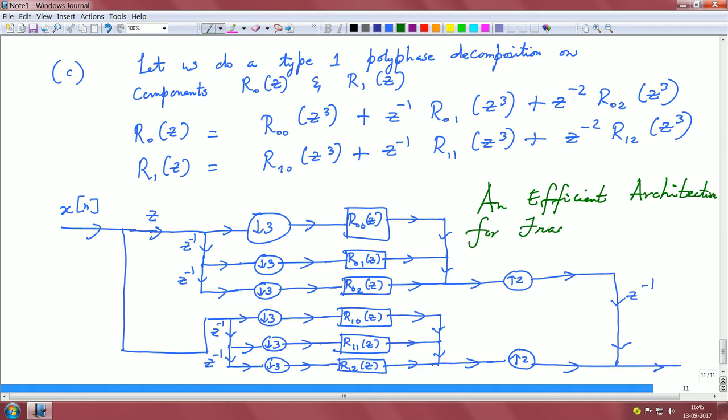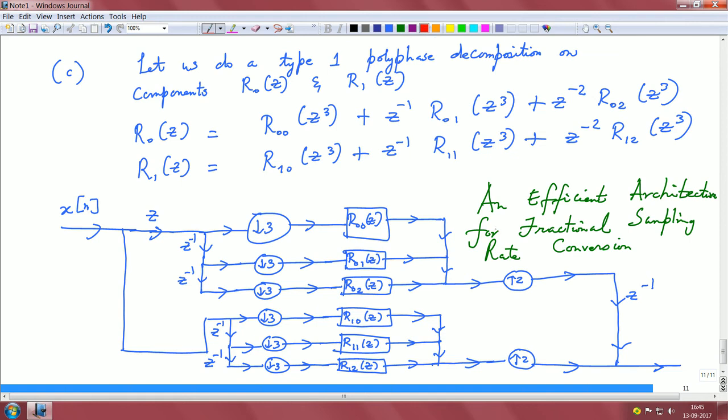fractional sampling rate conversion. I mean, you could decimate, you could reduce the rate by 1.5, you could increase the rate by 1.5, you could do any rational sampling rate conversion. I mean, here I mentioned this as a fractional sampling rate because again we are doing an M by L, we are doing a reduction by 1.5 times. Okay, so this is